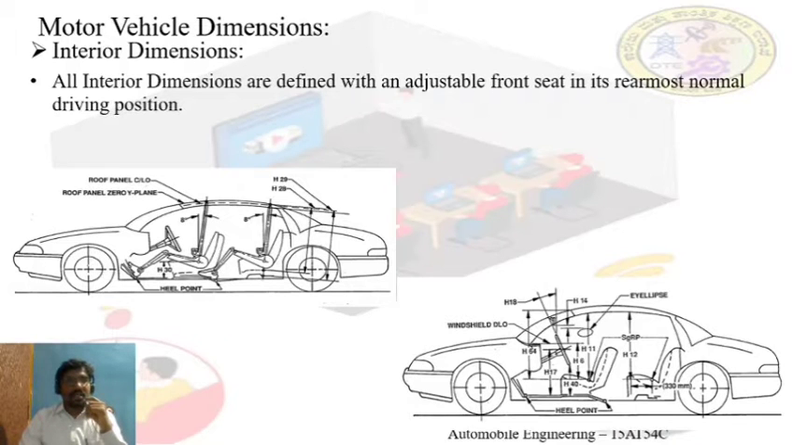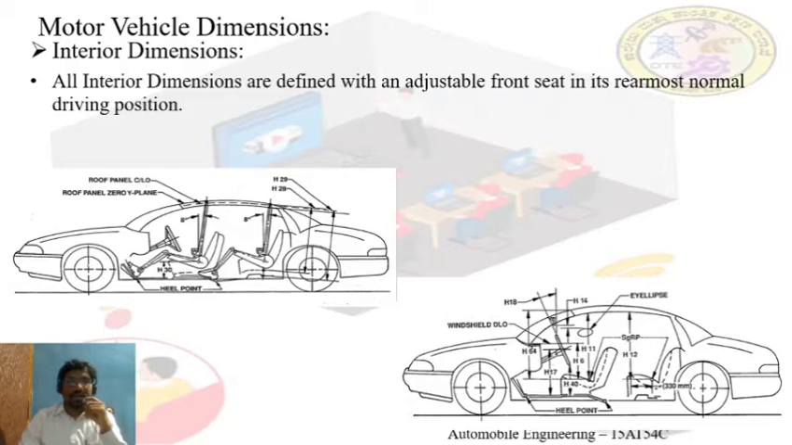So all the interior dimensions are defined with an adjustment from the front seat in its rearmost normal driving position. Of course, you might have observed that in the vehicle or in the car we are able to adjust the position of the seat. So while measuring the interior dimensions, we should make sure that we first adjust the front row seat or driver seat to the rearmost position, so that we can get a maximum room